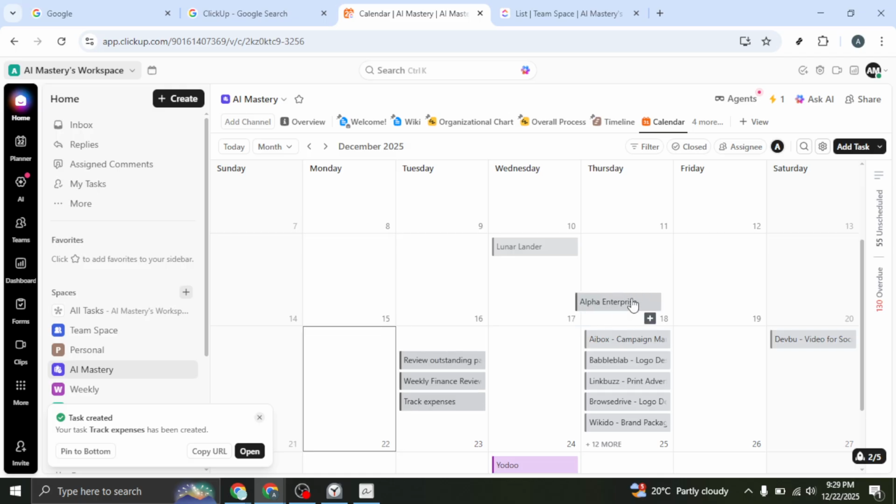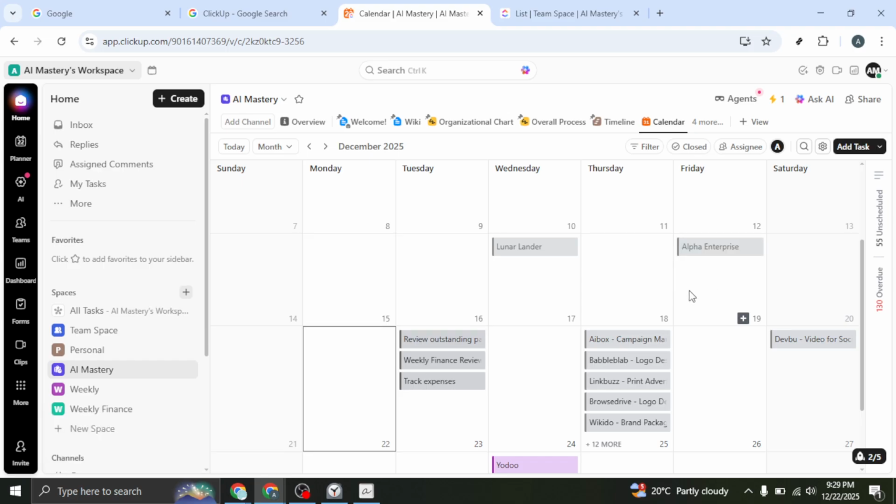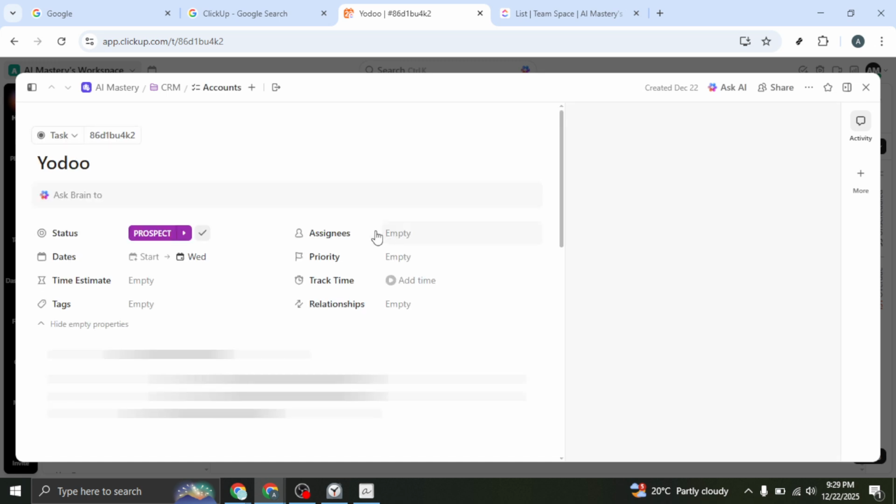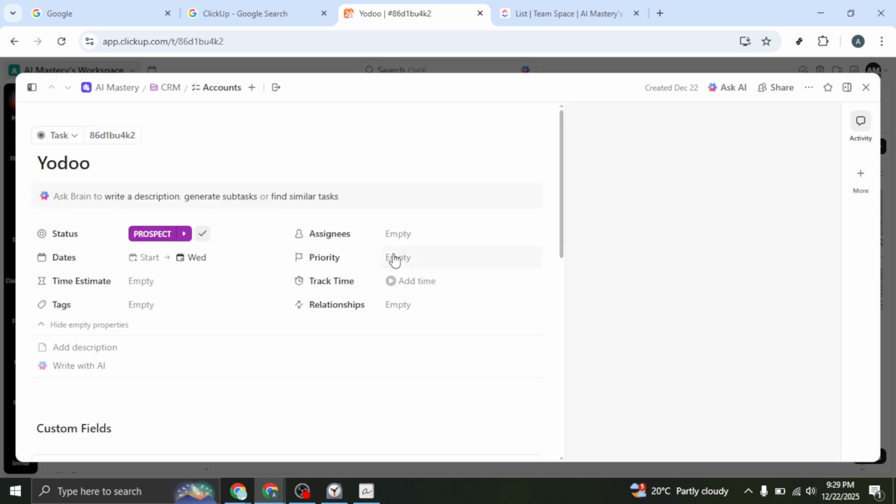Nothing is locked in. As your calendar fills up, use filters to focus on what matters. Filter by assignee to see each person's workload, by priority to surface urgent items, by status to separate to-dos from in progress or done, and by tags to group related work across lists. You can combine filters to narrow the view without changing any underlying data, which is great for planning meetings, stand-ups,